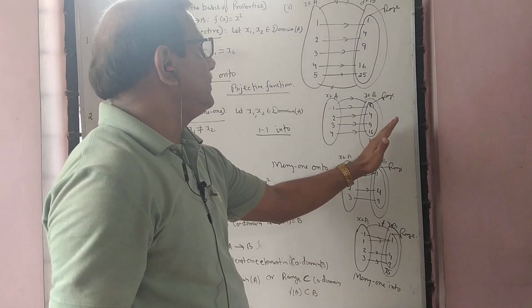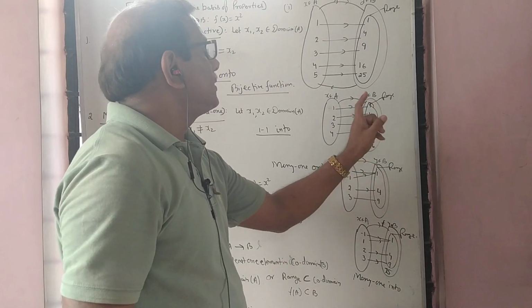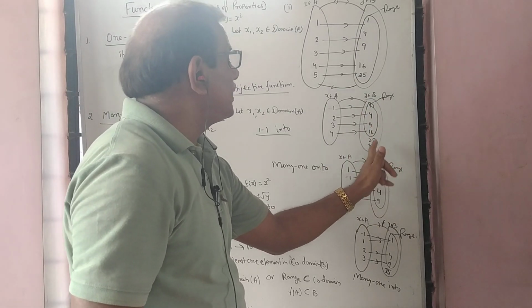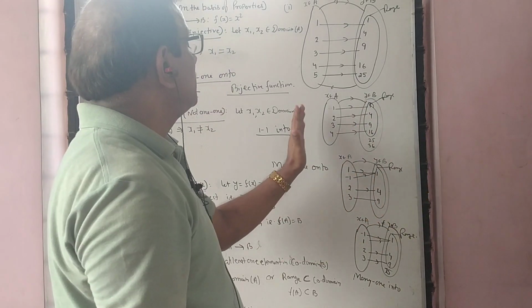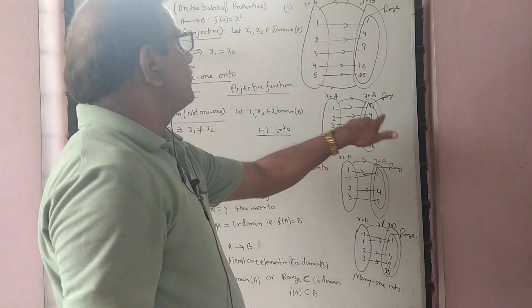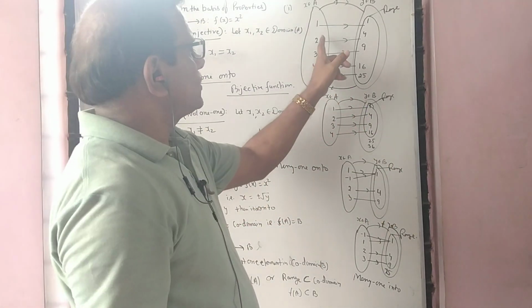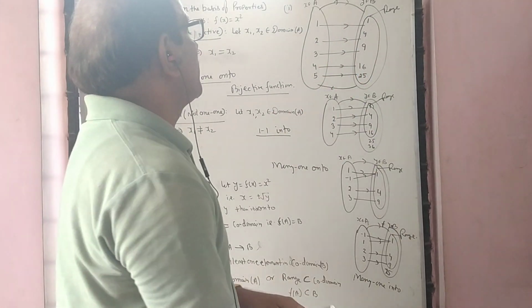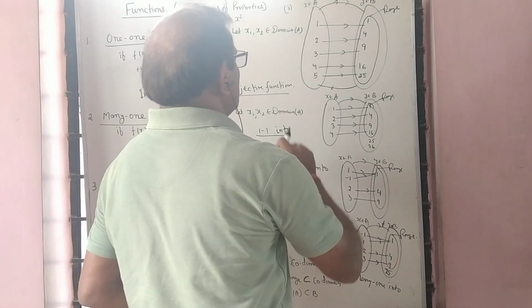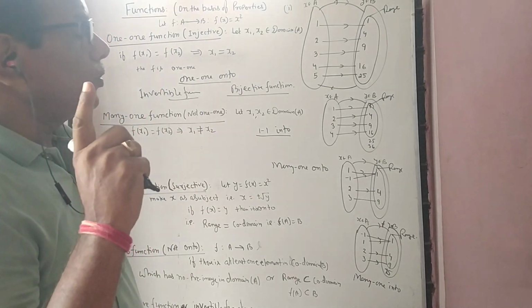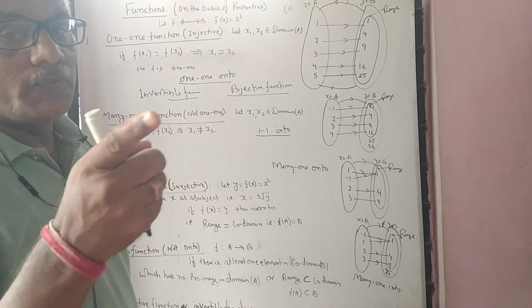जब B से A की बात करोगे, then B is the domain. So the domain has two elements which have no image in this codomain. So from here to here the function is not defined. B to A function is not defined. But in the first one, A to B and B to A both are defined. So it is an invertible function. So only one-one onto functions are invertible functions.